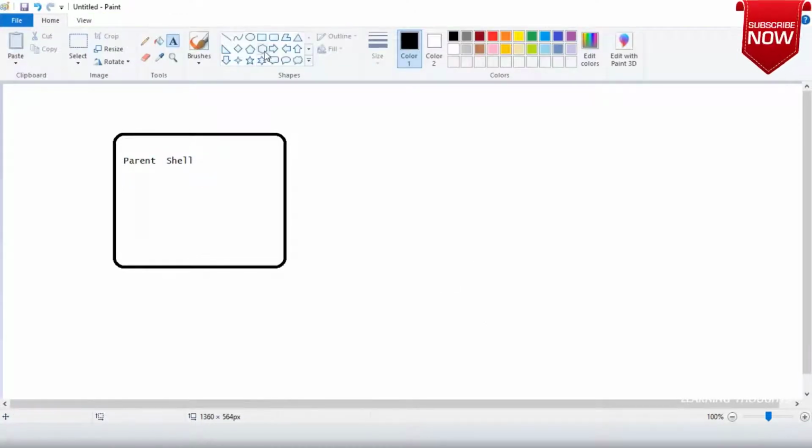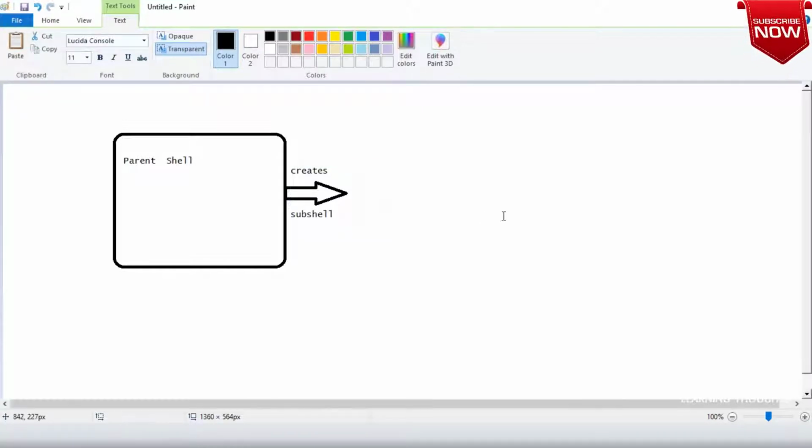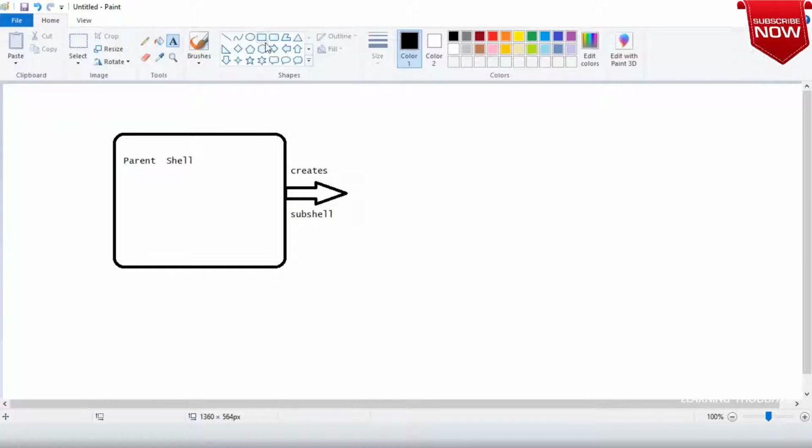When you execute the command, a subshell is created. For this we discussed that there is something called exec and fork.